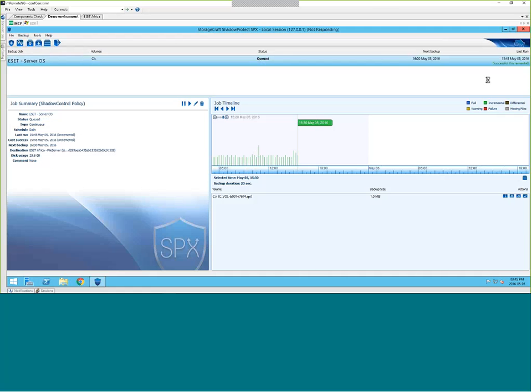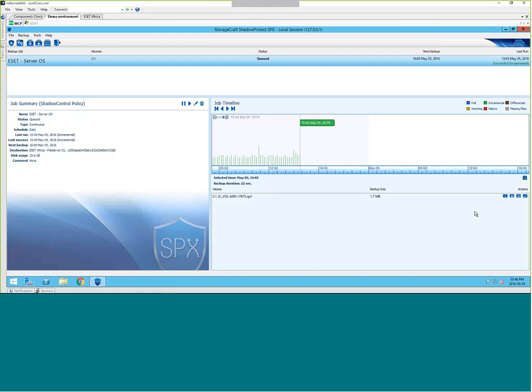Obviously, it will also be highlighted with different status codes, and incidentally, the length of the line is representative of the size of that backup. So the longer the line, the more data it has actually backed up. So you can see that this last incremental backup that was done, it was only 15 minutes ago that the last one was done, and only 1.7 megabytes worth of data has changed on the server of mine. So that's how the incremental backups are incredibly small.